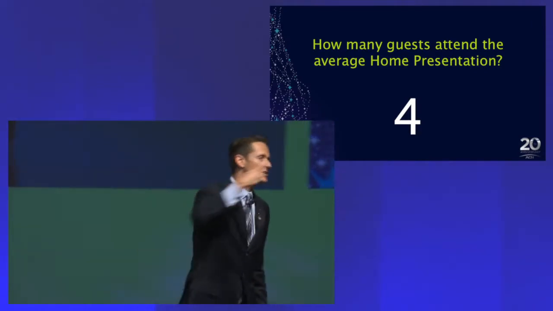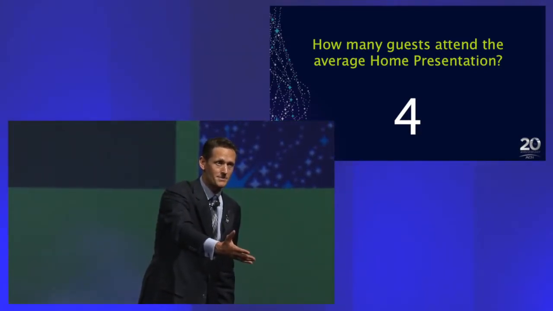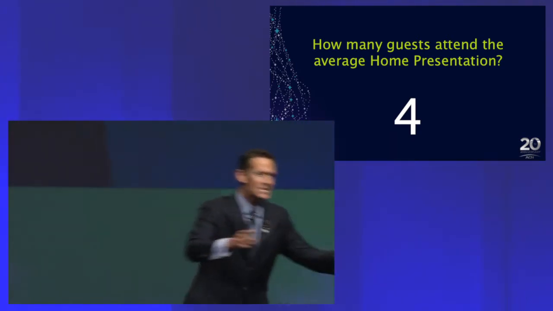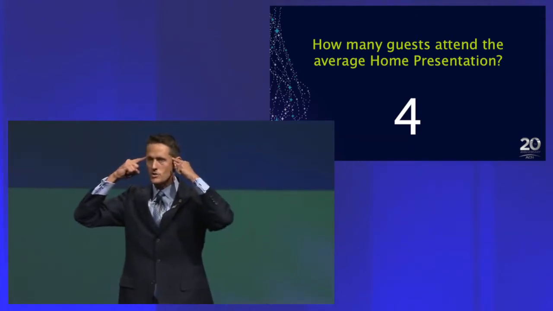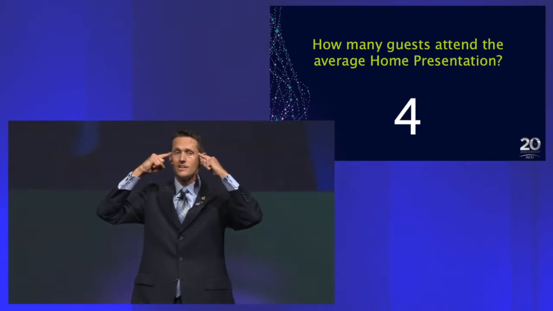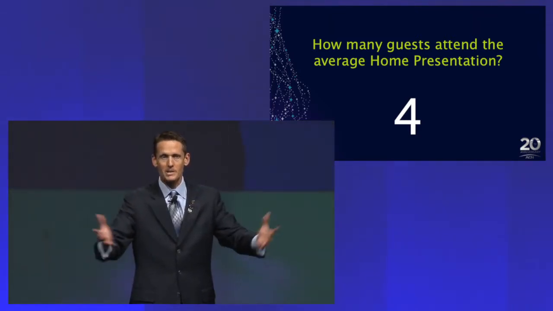Let's say that you went to a home presentation the very first time you took a look at ACN, and there's 5 people at that home presentation. What message is being sent to your subconscious when you have your home presentation? Well, I want to have one of these, but I'm going to have how many people? 5 people. Because everything duplicates.